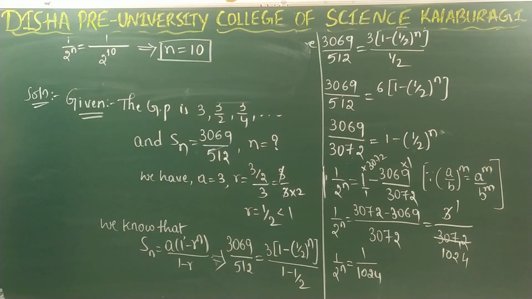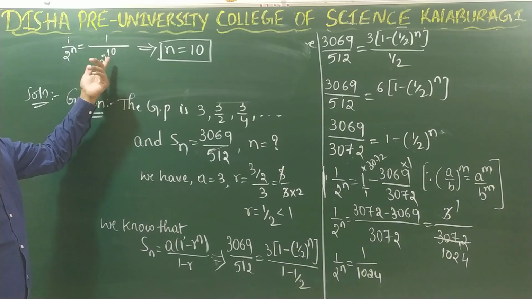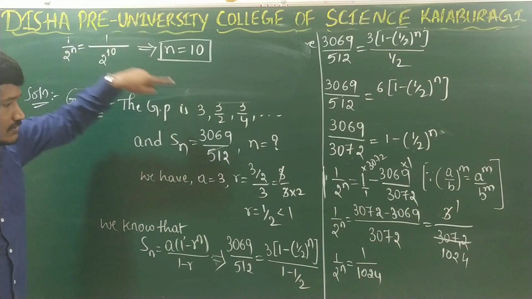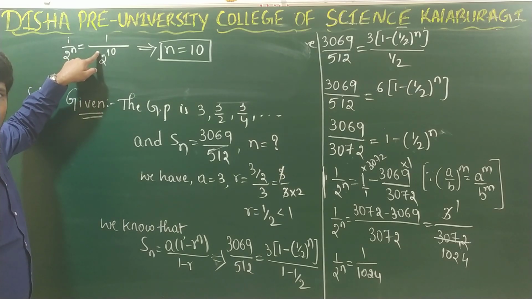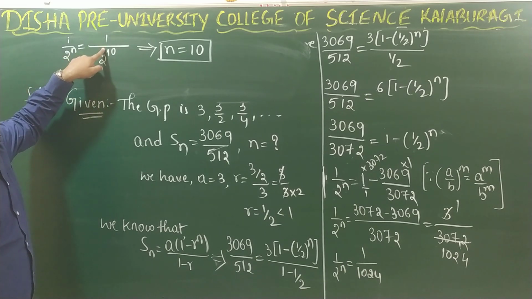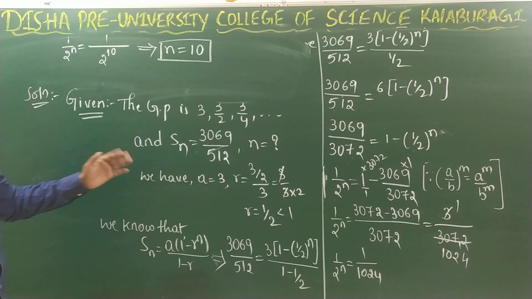So the value for n is what? It is equal to 10. So I hope you understood this, right? I am just comparing these two terms. I have converted 1024 in the powers of 2. So 2 power 10, that is when you multiply 2 10 times, you will get 1024. So these two values are equal to each other, right? Obviously they will be equal when power will be equal. Right? So by comparing these two, I will get n is equal to 10. Right? So I hope you understood this.